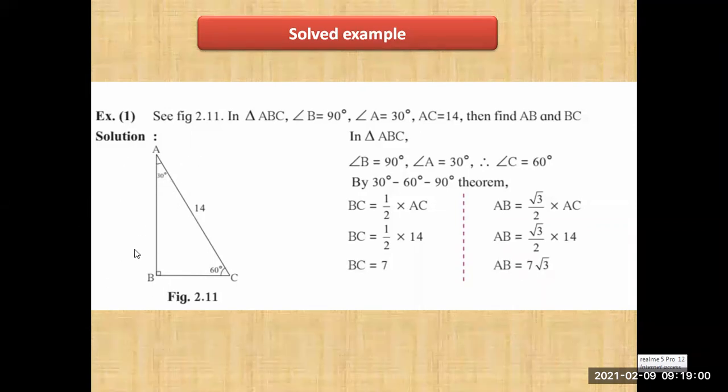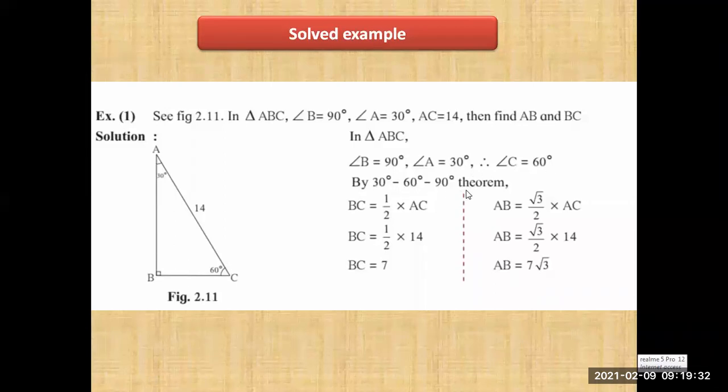So according to the sum of angles of a triangle, the sum is 180. We have this 30 and 90. So 30 plus 90 is equal to 120. Thus the remaining angle is automatically 60 degree. Okay. So this triangle is a 30, 60, 90 degree type triangle. So we apply here the properties of the 30, 60, 90 degree theorem. So in triangle ABC, B is 90 degree, A is 30 degree, therefore C is 60 degree.